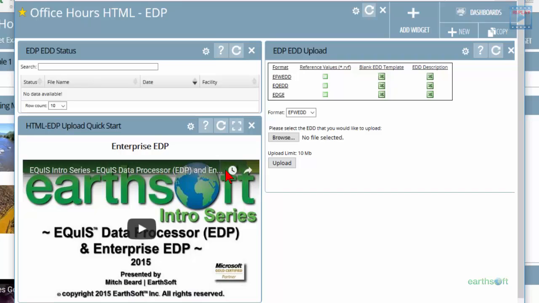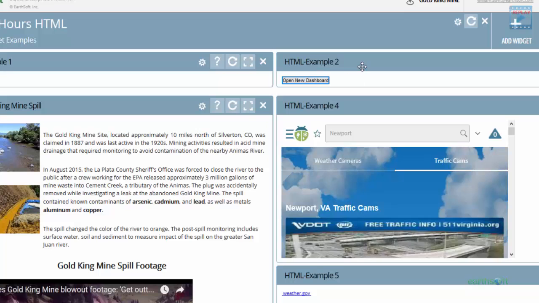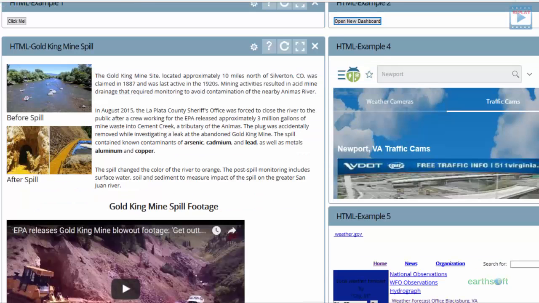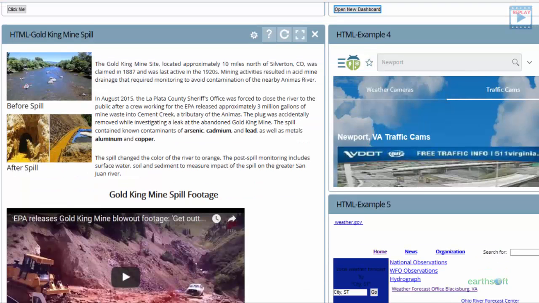Again, you could put in SOPs, you could put in information that might apply to the people that are uploading this data. So that's a quick link. I'm going to close that one. That's our second example. Within this third one here, which I've already mentioned and alluded to, the HTML for this